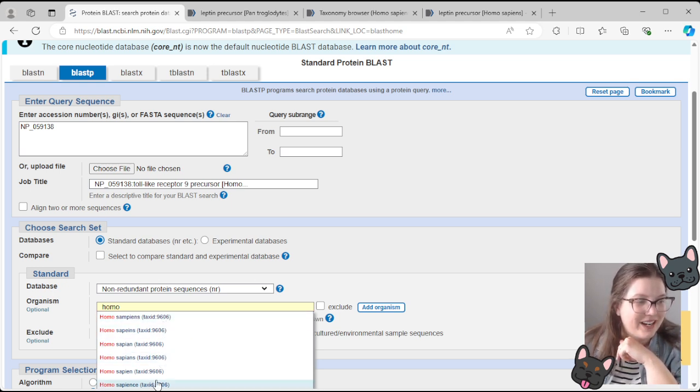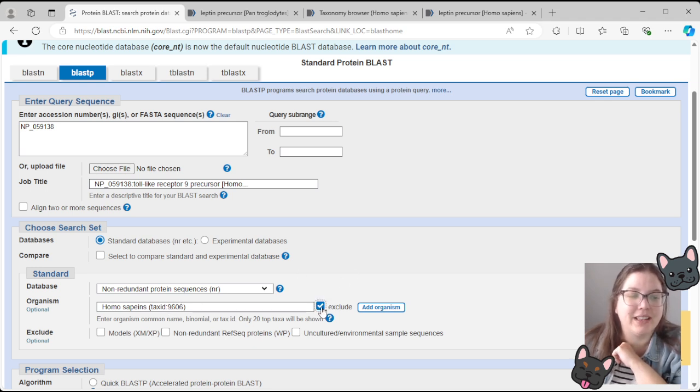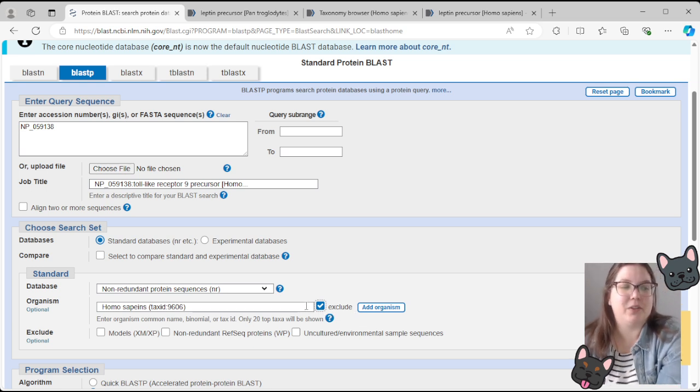So you'll see there's many a typo here. Pick any of them, as long as they go back to this taxid of 9606. And then because we wanted to exclude them, we click this exclude button right at the end of that. That should remove the sequences from those organisms from being included in our hits